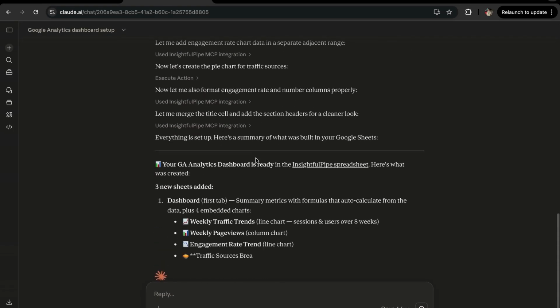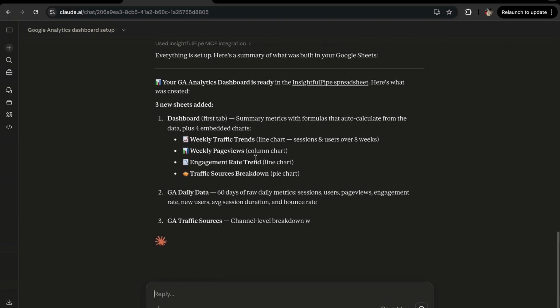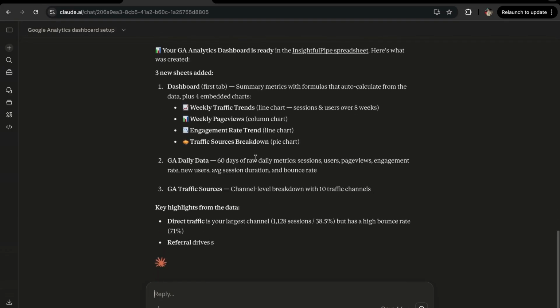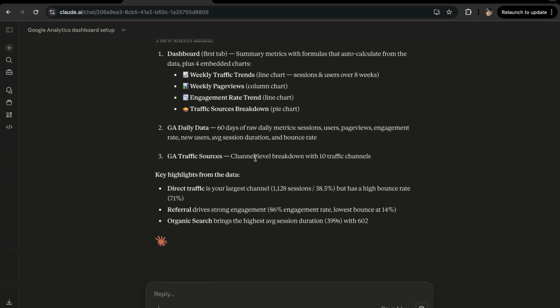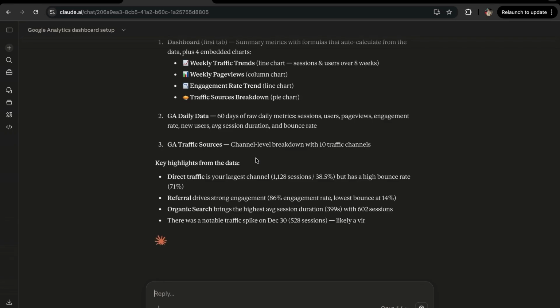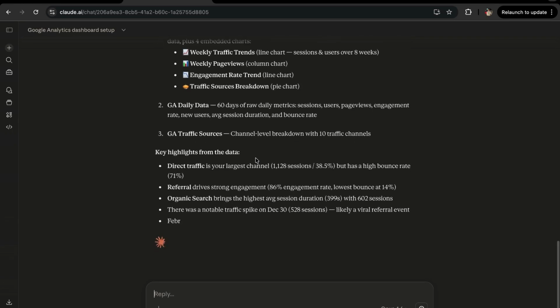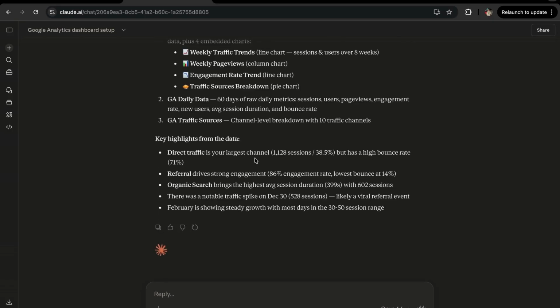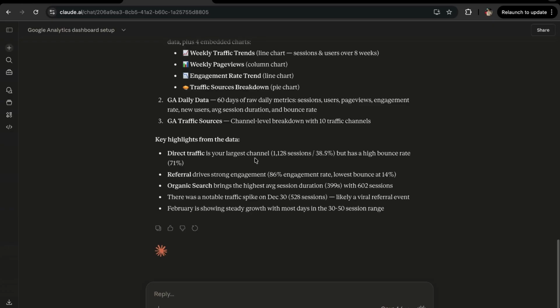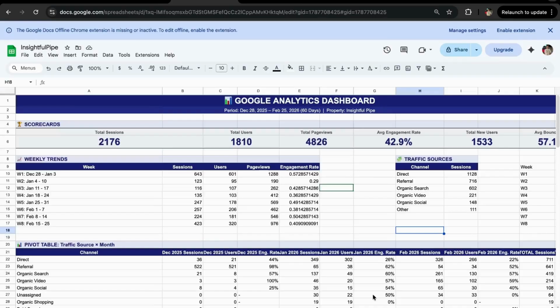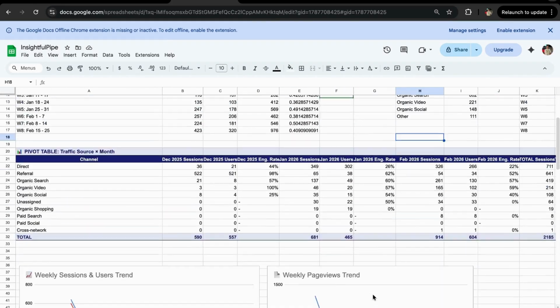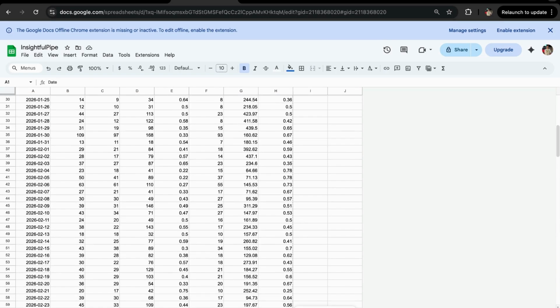The result is a complete analytics dashboard. 3 new sheets with daily data, traffic sources, and a visual summary with 4 embedded charts. Key highlights show direct traffic as the largest channel, referral driving the strongest engagement, and organic search with the highest session duration. And here it is in Google Sheets, a complete dashboard with charts and scorecards built by Claude and